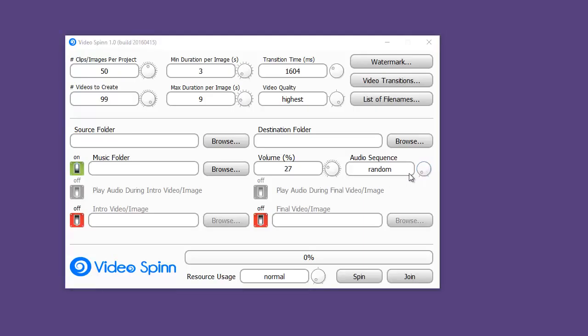If you pick random and the audio file videospinn chooses is shorter than the video being produced, videospinn will select additional random audio files to fill the length. If you selected continuous, it will loop the selected audio file over and over until the video being created is